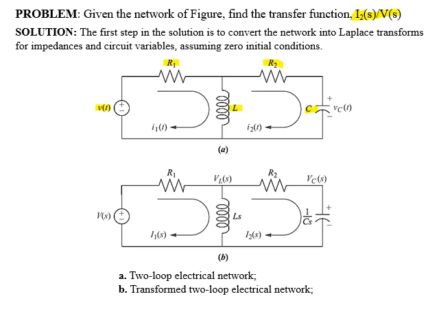Now we'll start the analysis with the first step, which says to transform the impedances from time domain to frequency domain. Both resistors R1 and R2 will be written the same as they were in time domain. Impedance of capacitor will be 1 over Cs, whereas impedance of inductor will be Ls.